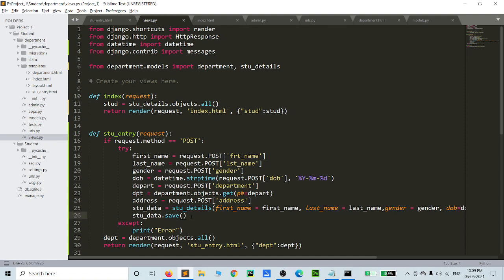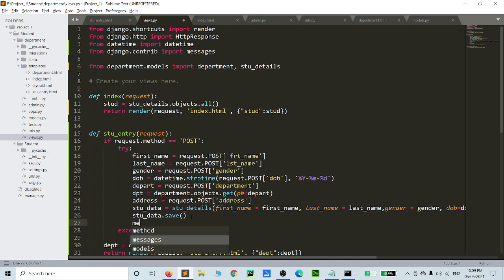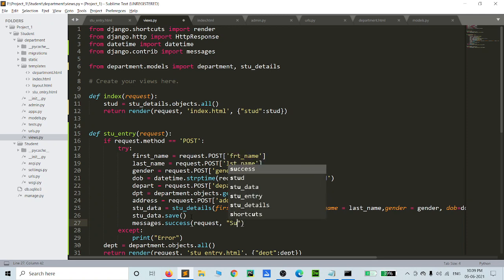So what will we give after your store messages? We give the two values, like this messages dot success. So what will we give in the request? You give some message: successfully data stored.